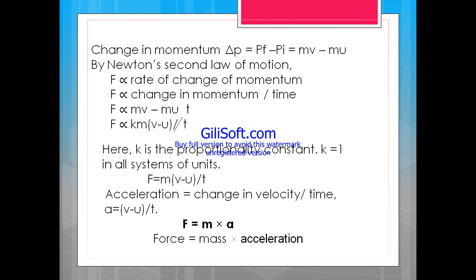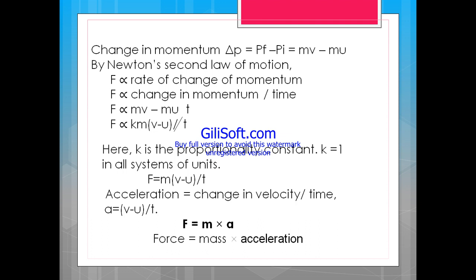Similarly here, initial momentum is nothing but just now it has started its motion. So until it starts, the entire part will be 0. So when it is taken, the initial velocity u will always be considered as 0. In such a case, only the higher part is taken, which is the final momentum, that is pf. So pf minus pi. In such a case, instead of pf and pi, what will we substitute?